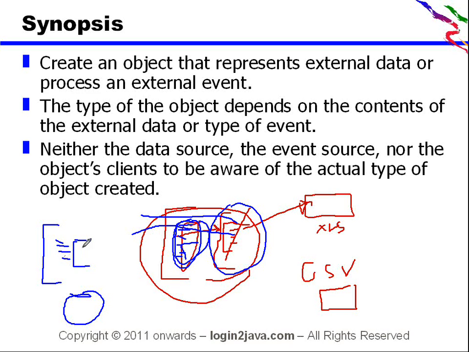So copy pasting the code is again a problem. Why is it a problem? Because if you need to change or add a new functionality into the Excel file or CSV code, you need to make that change in all the applications that are using that particular copy pasted code. So this is actually a problem. This is not a good coding practice.